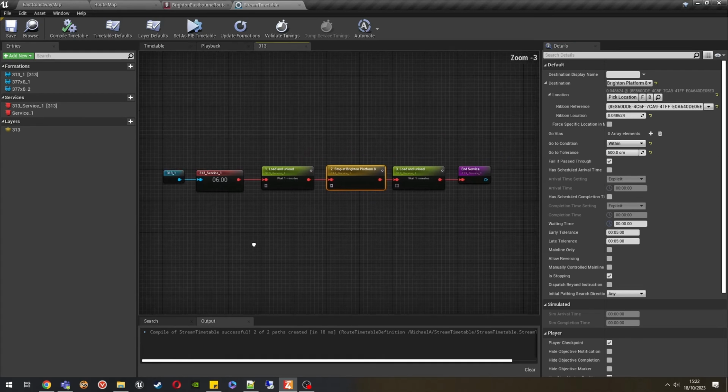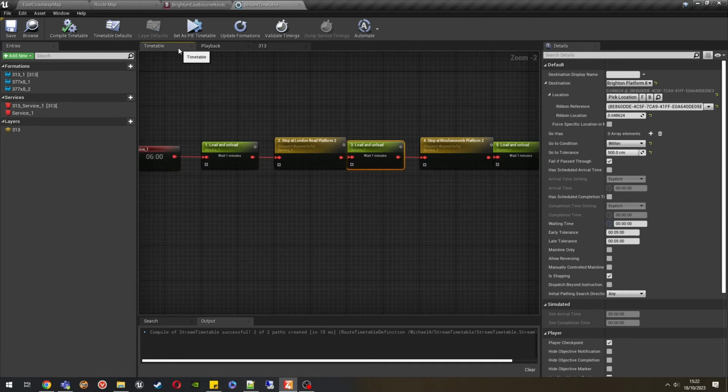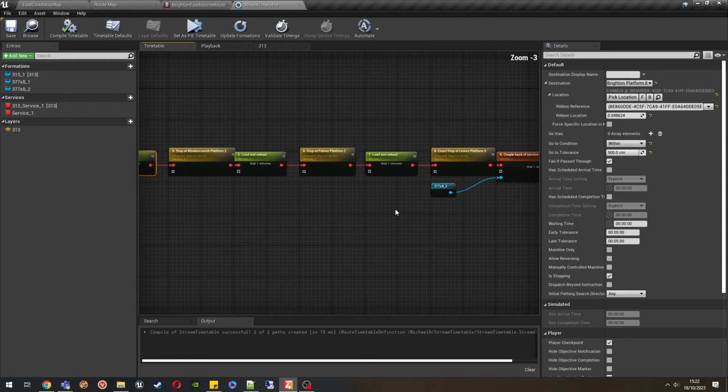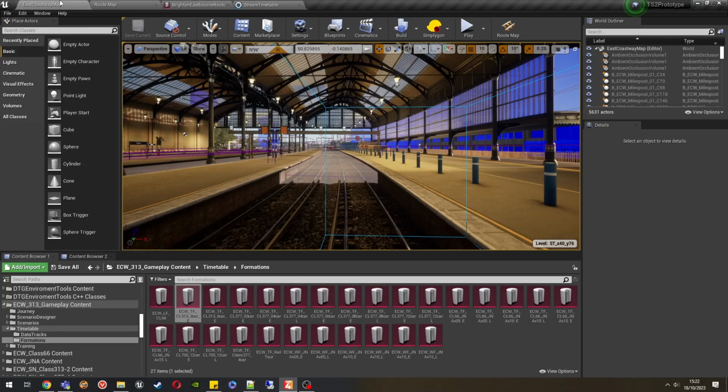Compile and save. So now we have successfully put in a 313 into a layer. So if you have the 313 DLC, it will now appear in the timetable, along with some other 313s that we can include in here. Lovely stuff. So if we go into our timetable now,